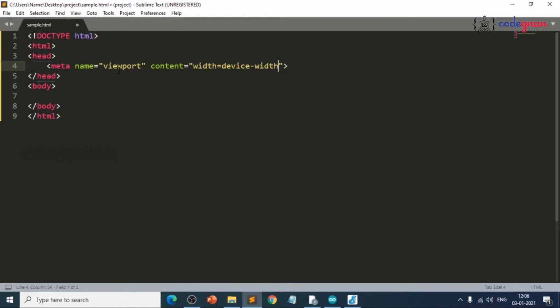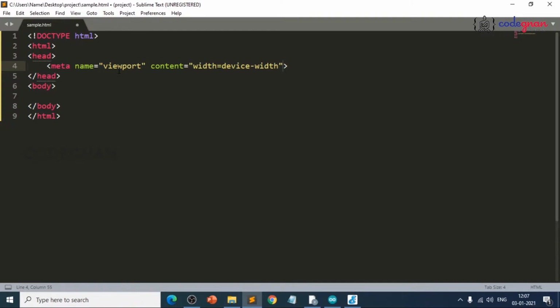Width equals to device width, what it means, it will take the screen size of the particular system or any mobile phone, because if you want to control things using your mobile phone, the website should be user friendly, so it can be changed for a mobile view or for desktop view here.